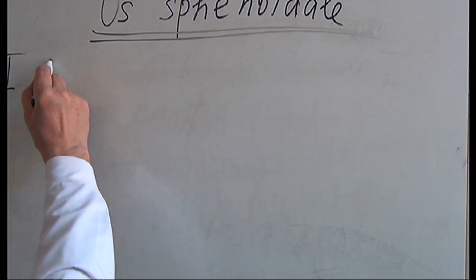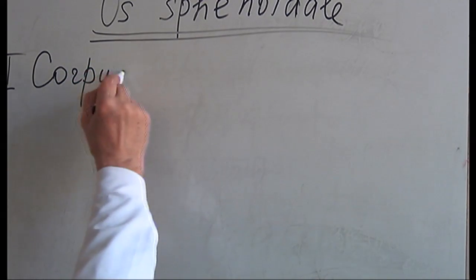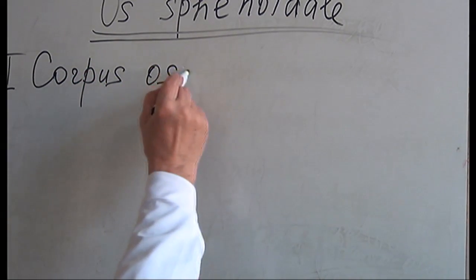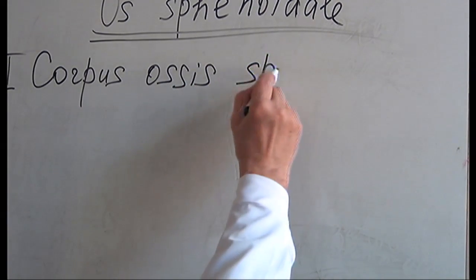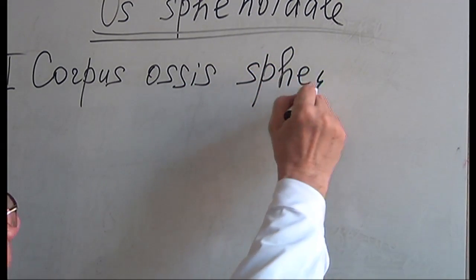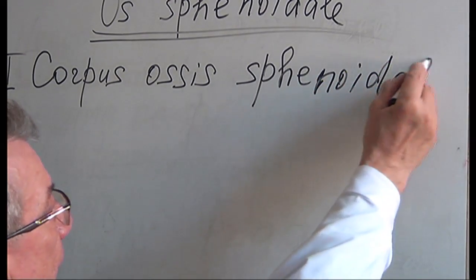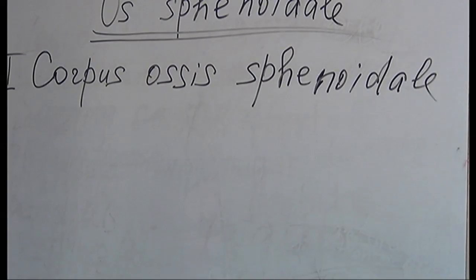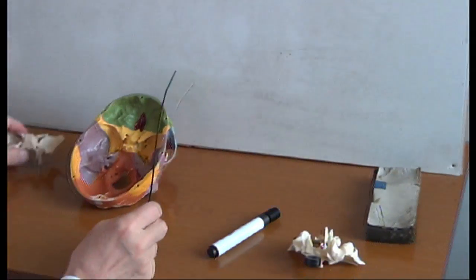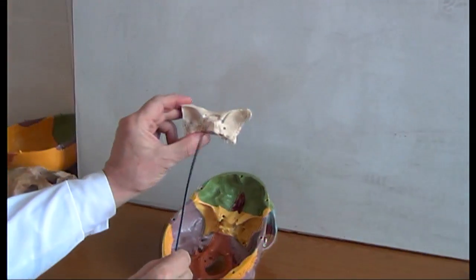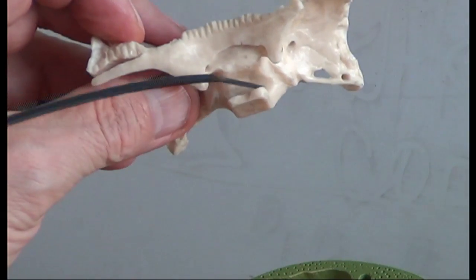The central part is called corpus ossis sphenoidale. Corpus ossis sphenoidale. What can we find on this structure? First of all, we can find here